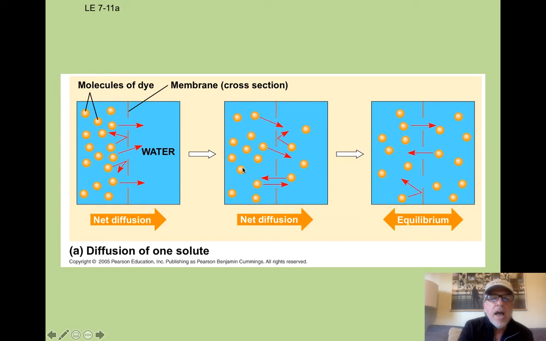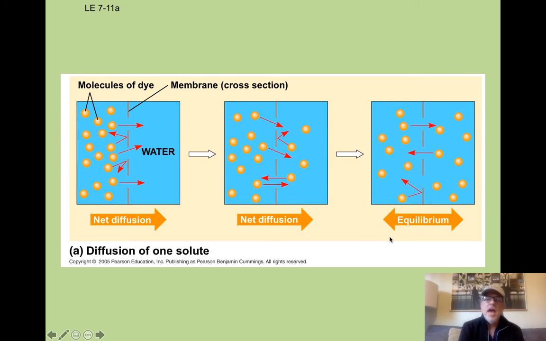And over time what happens is the molecules of dye move through the holes in the membrane, and they eventually spread out and come to equilibrium where the concentration of dye on each side is the same. And to our eye, we'd see a colored side, let's say blue, and a clear side, and then over time, everything would take on the same blue color. At this point, this would still be darker blue, and this would be lighter blue, but eventually they would be